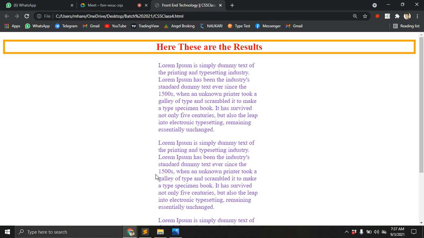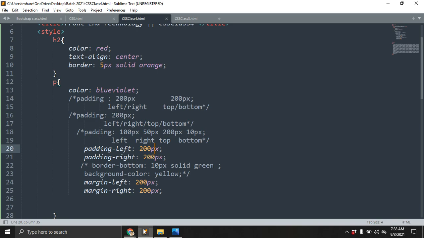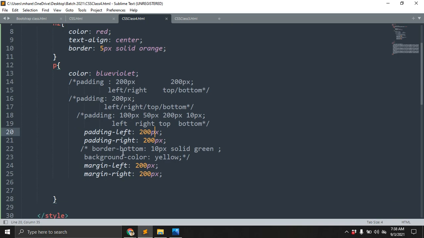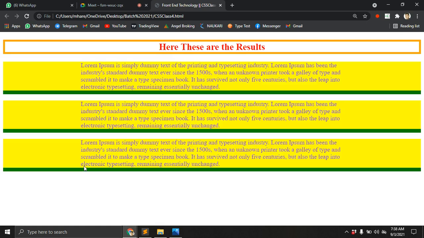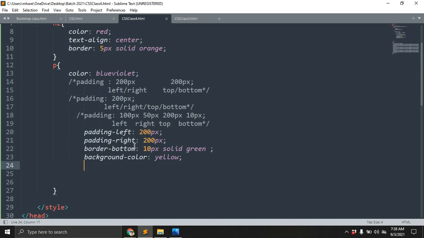Simple. Before that, let me remove this margin, save, refresh. You can see the border is there. I'm giving the border entirely.